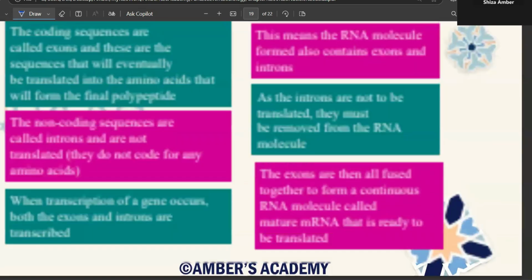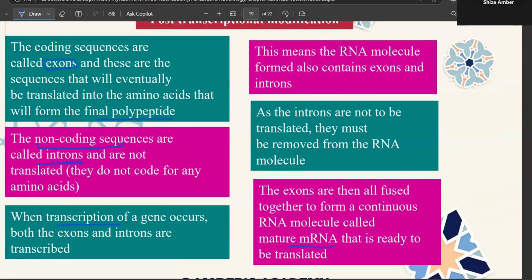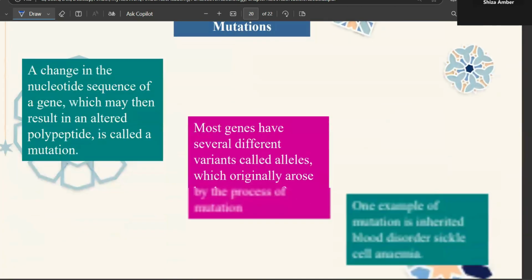Okay, so the part you need to remember is that when mRNA is made, it has both exons and introns, and eventually it's modified. You do not need to remember how it's modified, just remember that eventually it's modified in a manner that introns are removed from the RNA molecule. And when we say that your mRNA has moved out from the nucleus, it is now known as mature mRNA. Mature mRNA has all exons, meaning that they are going to code for amino acids. ठीक है?